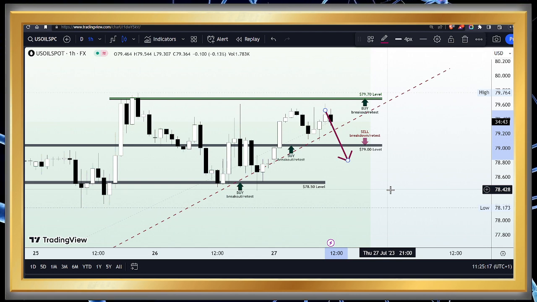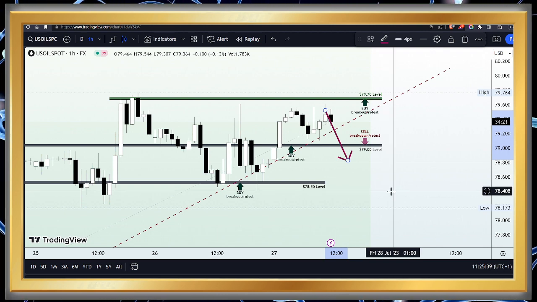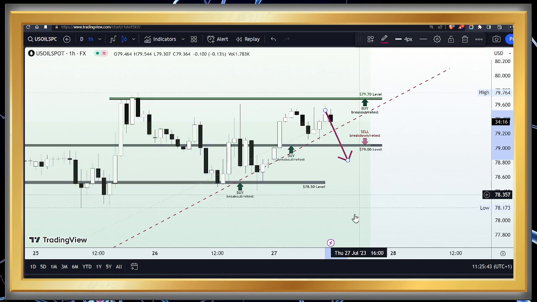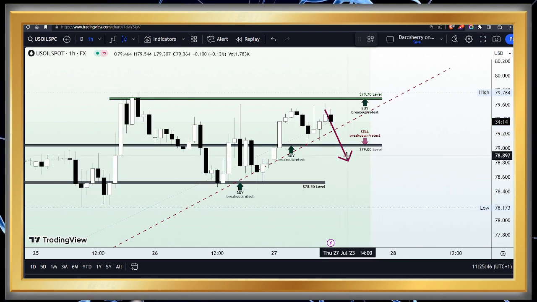So we will really need price action to give us that confidence to be part of a bearish move here. And of course, to look out for this confirmation, as soon as we witness the breakdown of the ascending trend line, we shall be scaling down into our lower time frames, such as the 5 minute, 10 or 15 minutes time frame, to look out for signs that buyers are finding it difficult to climb back above that ascending trend line. And of course, this would reflect on the chart as either a retest of the $79 level or the ascending trend line.